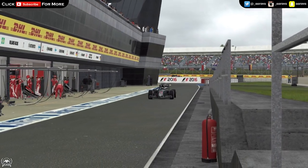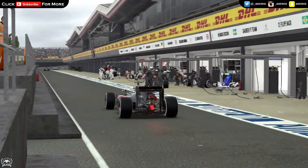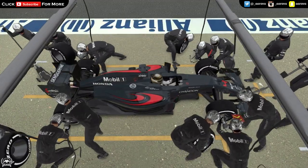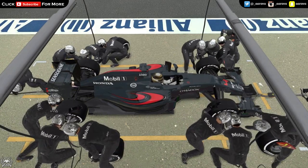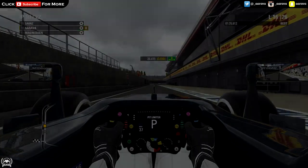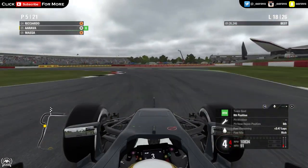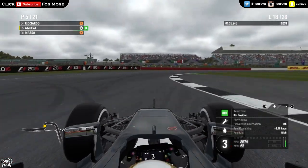To be honest, I'm not too sure, even at this point in the Grand Prix, who we're really racing, because the Williams cars looked pretty good at the beginning, and they're not too far behind us, and it looks like they might be doing something very different to me. They're doing the opposite in terms of a 2-stop to 3-stop, so I'm not too sure if I'm even racing the Williams cars. There might be cars behind them that I'm racing, but onto lap 11, onto lap 18 I should say anyway,